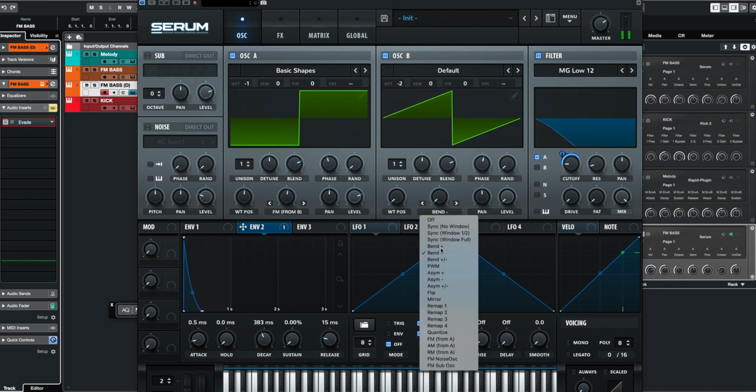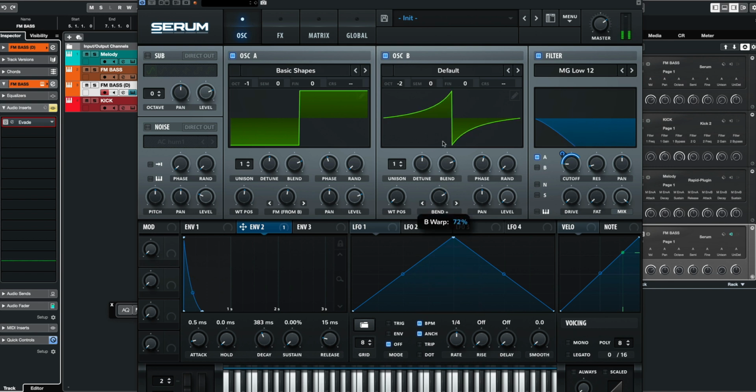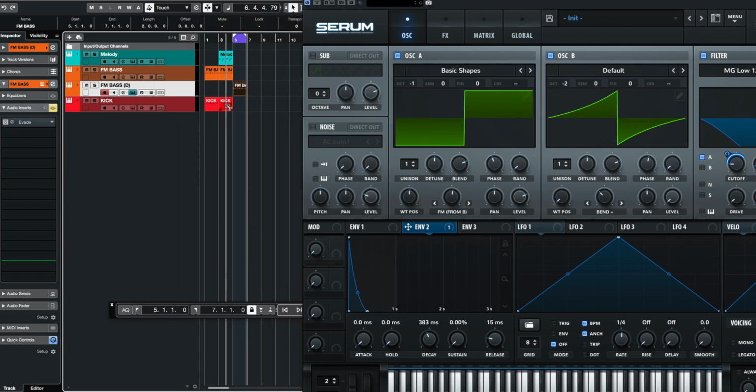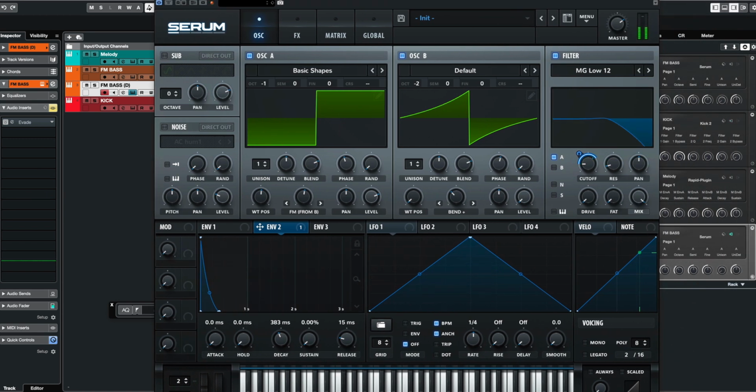And if we change that back to bend plus. So I do advise looking at the visual cues, and you'll be able to hear and distinguish between the different sounds. The sharper the sound gets, obviously the more pointy the waveform's going to get. So let's put the kick underneath that. Let's just have a quick listen. If we turn bend plus